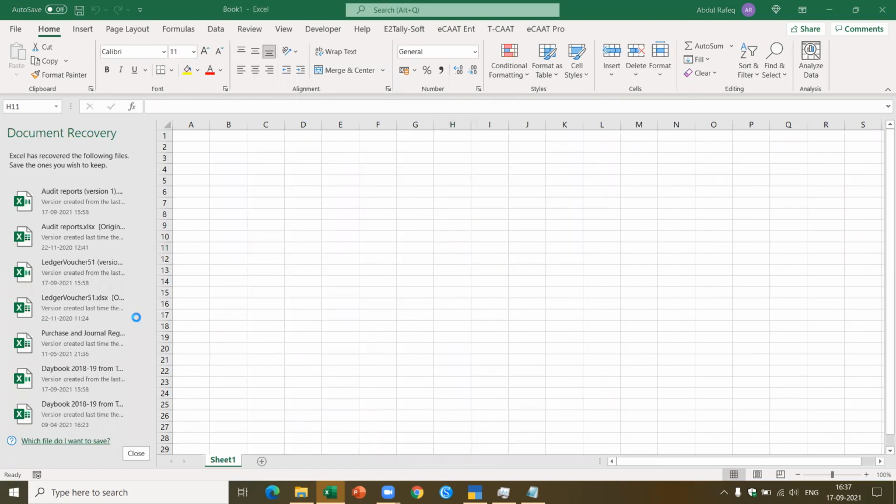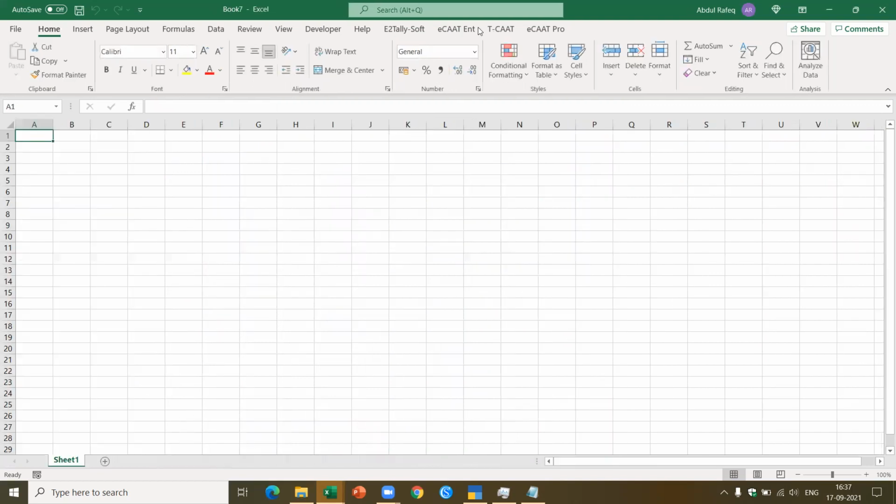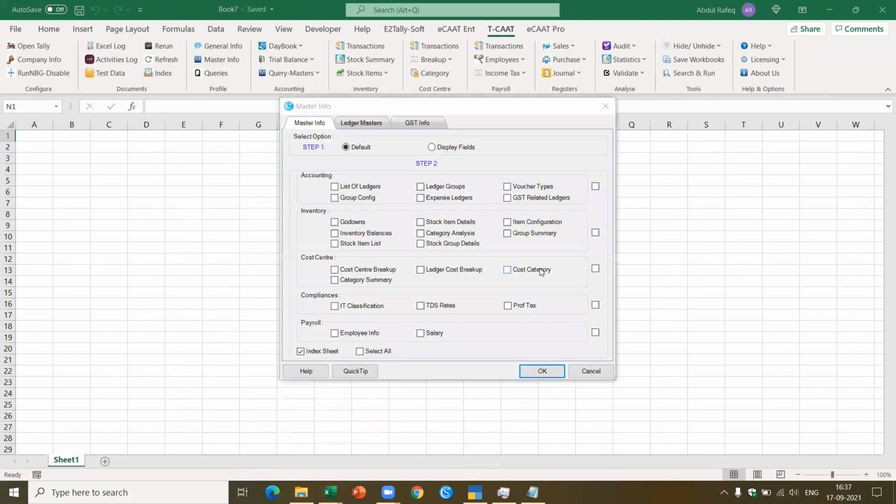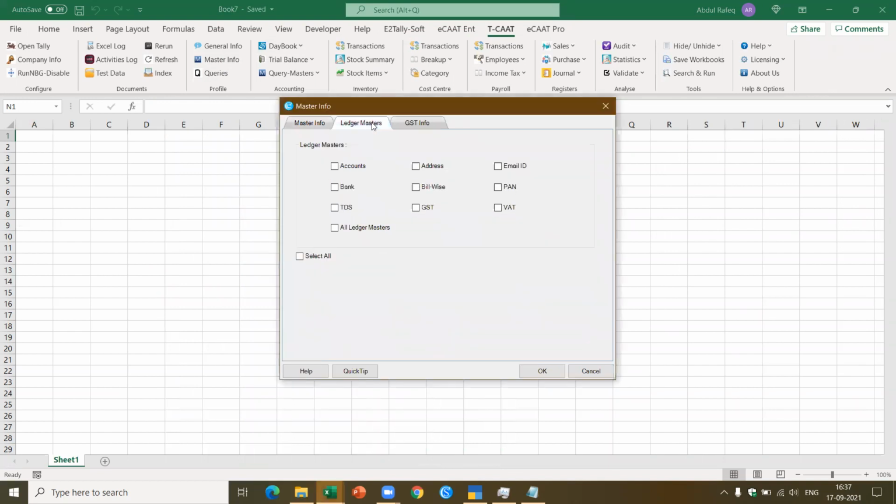What we did in this case was, I have just given you quick information about the master info. Now this is the master info I have got. I've also got something called the ledger masters, and this is the information about the ledgers, which is there in the company creation form. I'll say select all, and this is a new feature we added recently. I'll say okay.